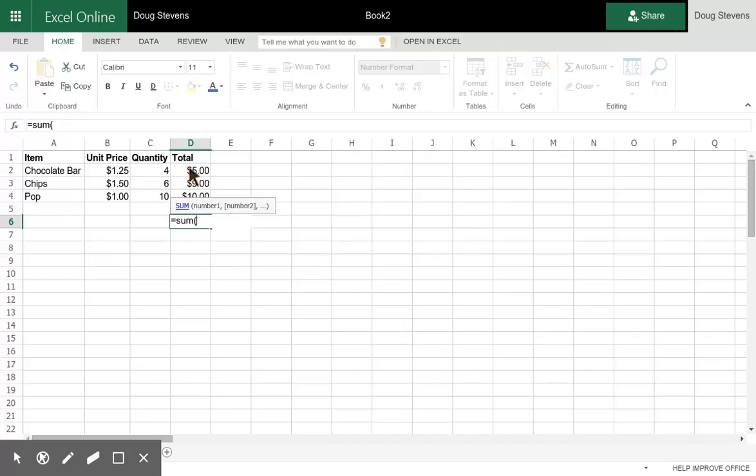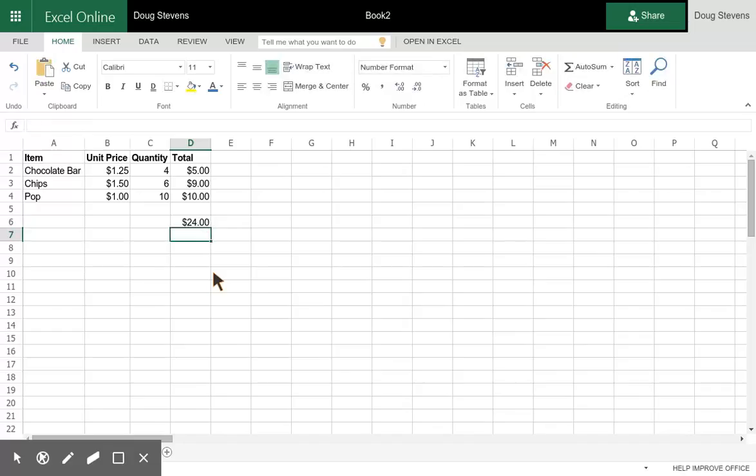So all I'm going to do now is simply drag my cursor over the numbers I want to add, and you see it's got D2 colon D4, which means I want the sum of all the numbers from cells D2 to D4. And you can see that being advantageous if you had 40 values, then just simply sum D2 to D40 would be a lot easier than D2 plus D3 plus D4 plus D5. So I can go ahead and close that now with a closing parentheses, press return, and now it actually does